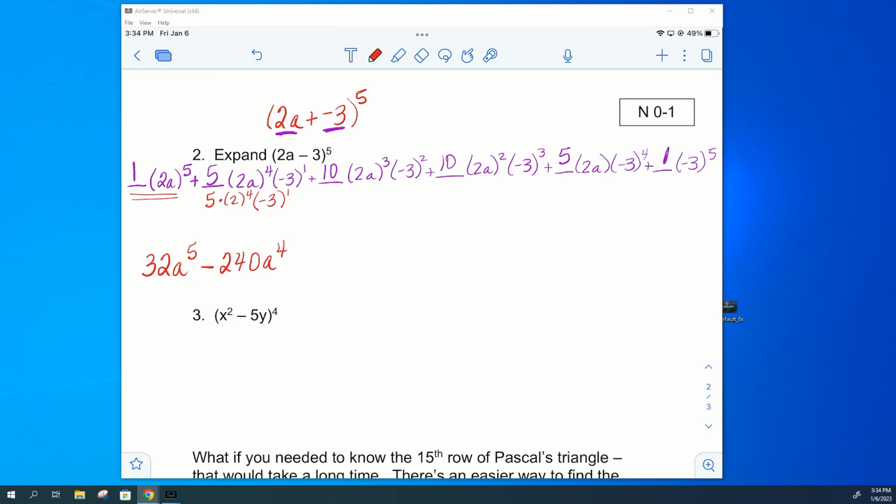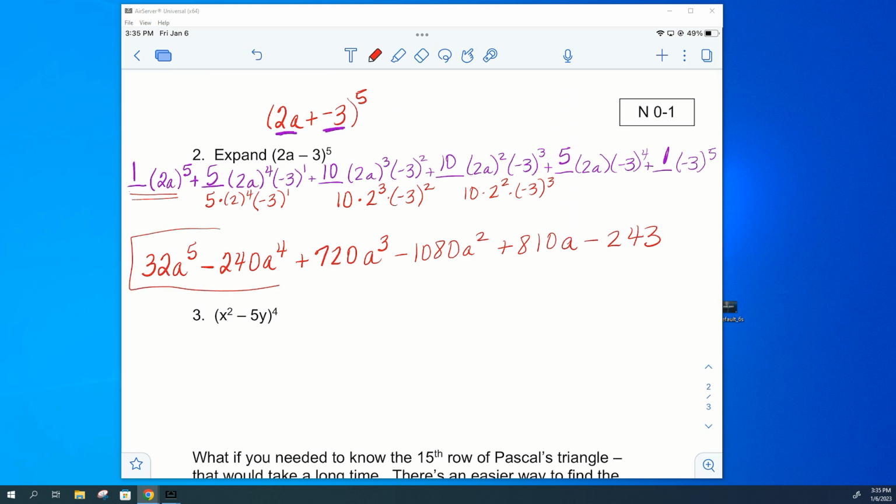Let's look at the next term. What would you type in? All your numbers. You've got 10 times 2 to the 3rd times -3 squared. That one I can do in my head. 9 times 8, 72, times 10. So that's a positive 720, a to the 3rd. Next term, 10 times 2 squared times -3 to the 3rd. I would get -1080, a squared. And I hope that you can see those last 2 terms, what I would type in to